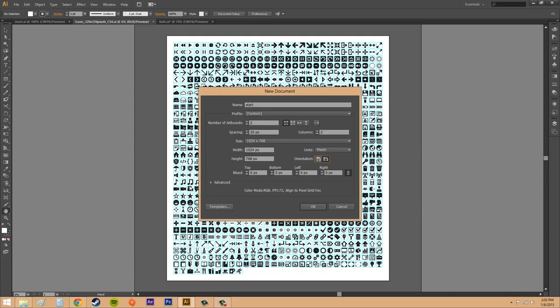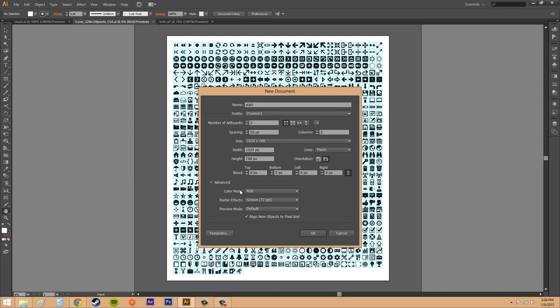The next thing we got here is the bleed. Bleed allows you to run the artwork to the end of a page, and this is more for when you're doing work with print. Sometimes the printer doesn't print towards the end of the page, so you'll need to set these bleeds to what the printer specifies. I'll click on this little triangle button here to open up the advanced